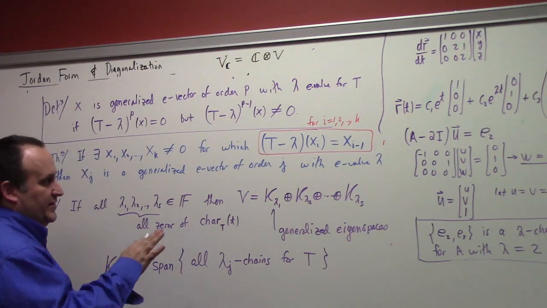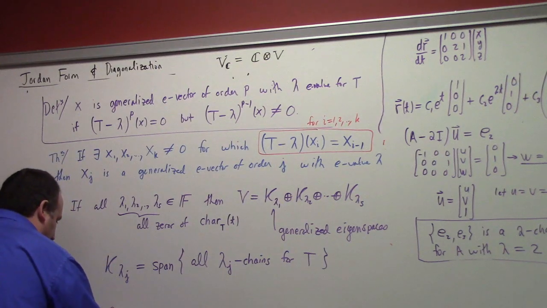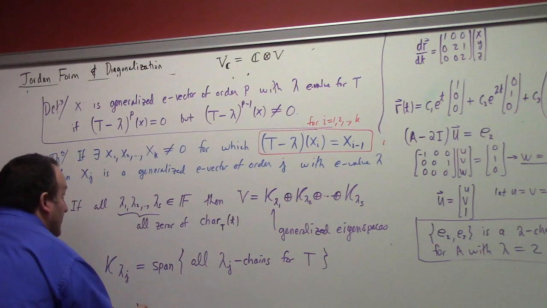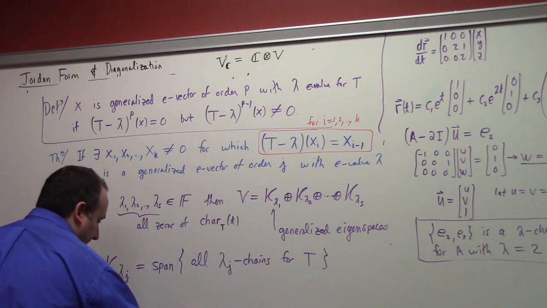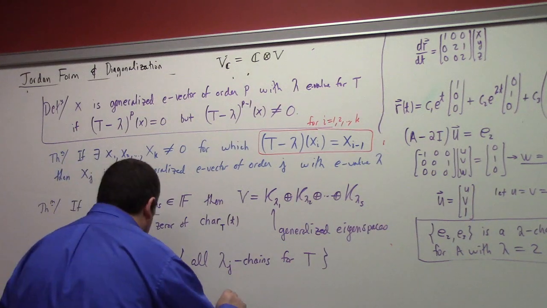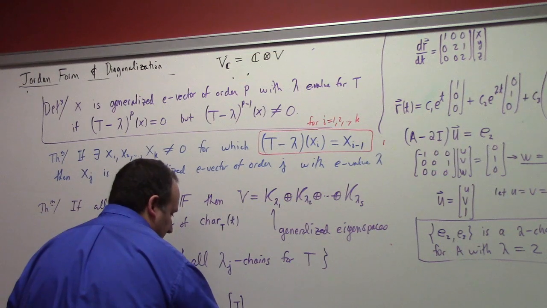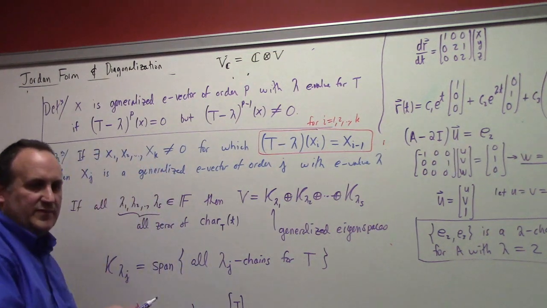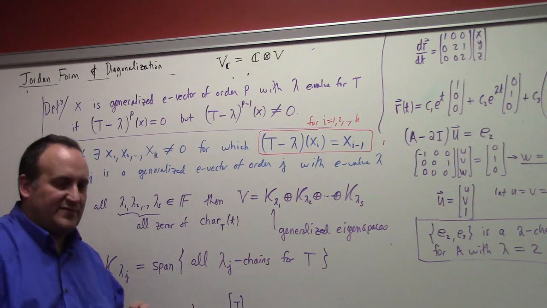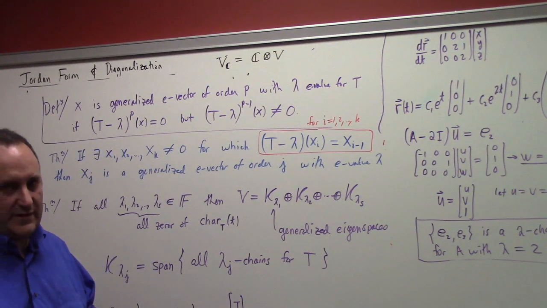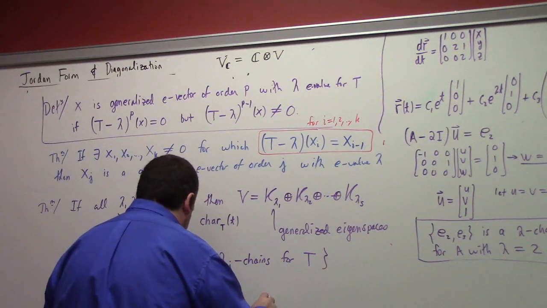Finally, let me just talk about what's the matrix. If we let beta be a k-chain, so let's suppose beta is x1, x2, ..., xk. What happens if you look at the matrix of T with it? Suppose, just for the sake of convenience, that that's a basis for your whole space, otherwise we'd be talking about the restriction of the linear transformation to a subspace, but I don't want to do that. Then [T] beta beta would be, well,